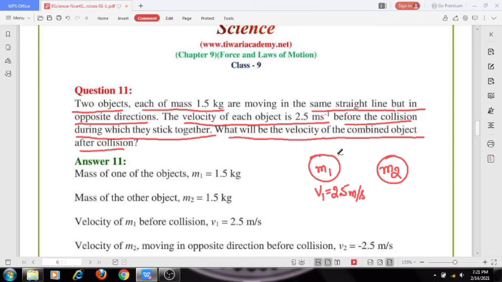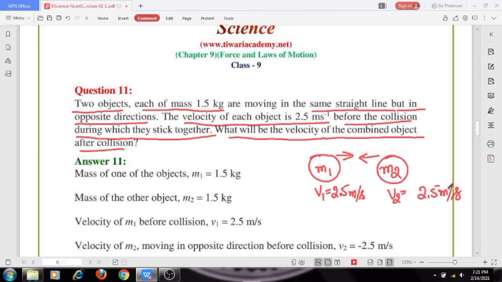And it is moving in this direction and the second object is moving in the opposite direction, right? And then what will be v2, that is the velocity of the second object? It is also the same. The velocity of each object is 2.5 meter per second, so it is also 2.5